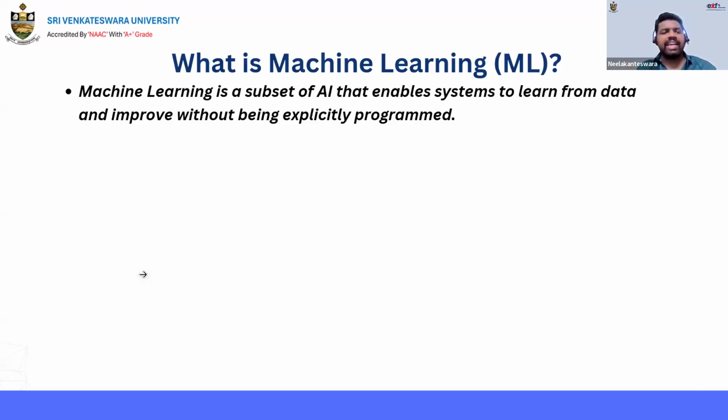Machine learning enables the system to learn from data. Here we are giving the data and the systems will learn from the data. That means, just as we learn and get knowledge, the machines will get knowledge. If you want to know about any new thing, you will take some data and information, learn from it, and improve your knowledge on that field.